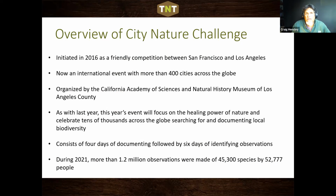This year, normally it's kind of a friendly competition between cities all over the world, and it really is going to be again. However, the official line is that it's going to be less of a competition and just a way to get people out exploring nature as we come out of the last 2 years of COVID. But there are communities, all kinds of people, that have it as a friendly competition. And that's okay. It consists of 4 days of documenting the natural world, followed by 6 days of identifying those